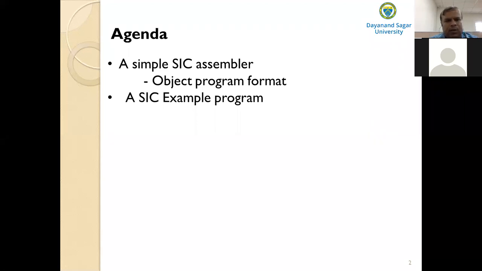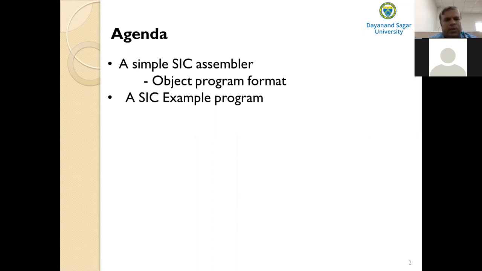So what do you mean by forward reference? A reference to a label, that means a symbolic operand, later in the program is called a forward reference. If you try to translate an instruction which has a forward reference, you will not be able to process this instruction, because we do not know the address assigned to this symbolic operand or label, because the value of this symbol is defined later in the program. So at that moment the assembler cannot translate the instructions that have forward references.